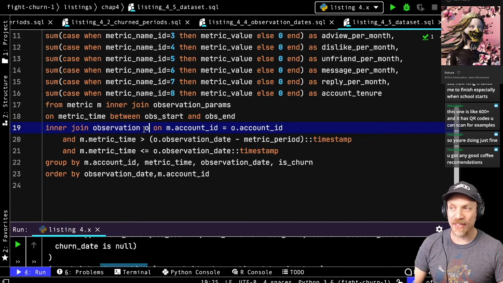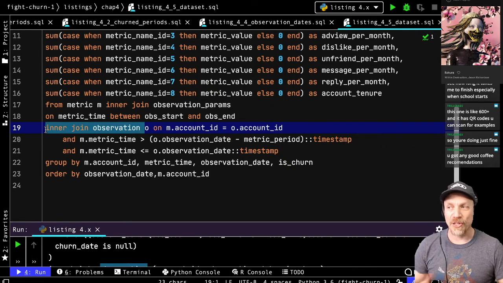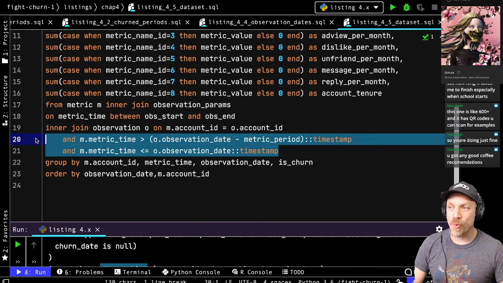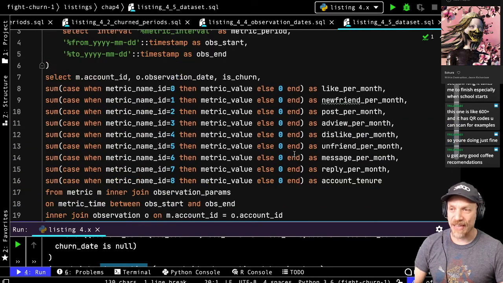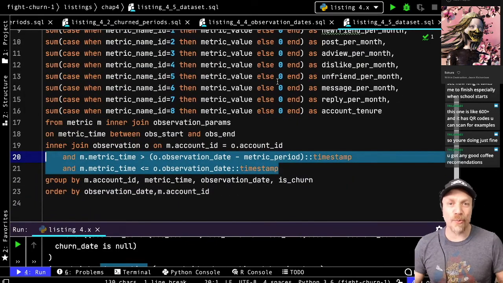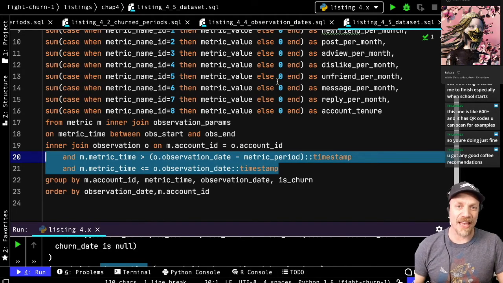So that's the key. We just filled the observation table with the last SQL, and now we are selecting the metrics where the metric time is within a week of the observation date. There's a little trick here, which is that because we calculated metrics only once a week, that's what I recommended, because in this case, it's not necessary to calculate them every day.